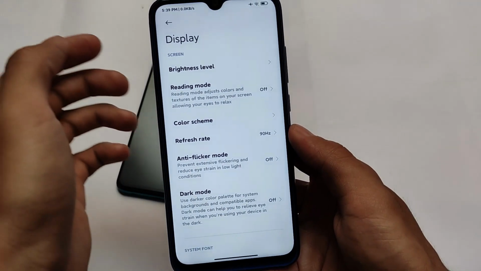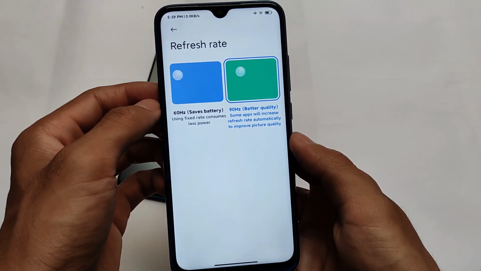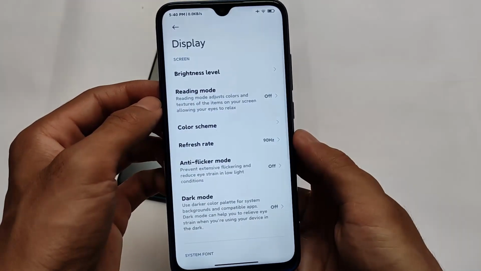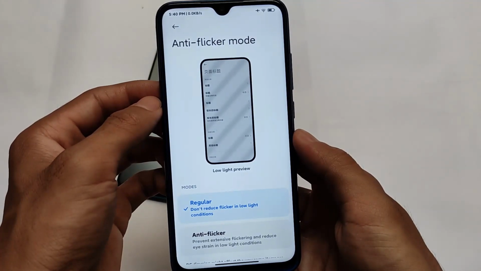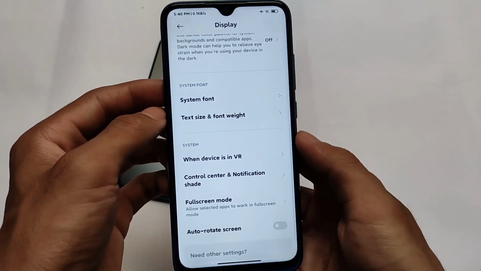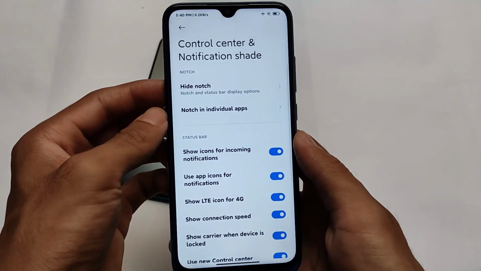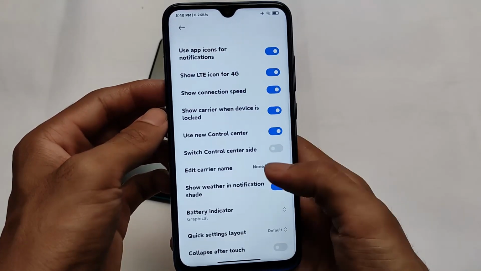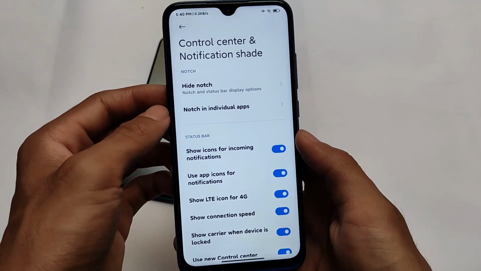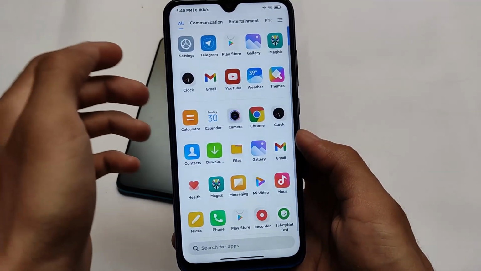We also have these refresh rate related settings. Of course, it will not work on your device. Redmi Note 8 doesn't support more than 60 Hz, but the features are present for you, like anti-flicker mode and some other features which you can explore after installing this on your device. As I previously mentioned, control center blur is added there. The navigation bar pill is added here. I am not able to show you all the changes which were made, but things are the same.